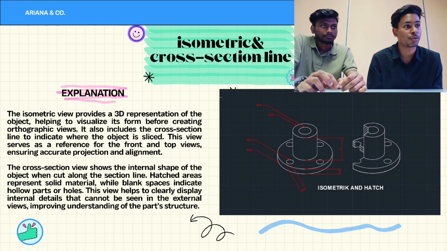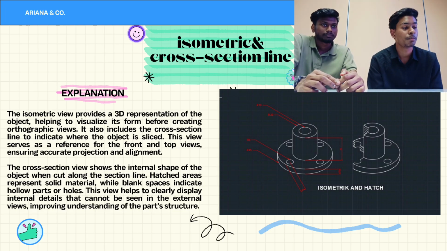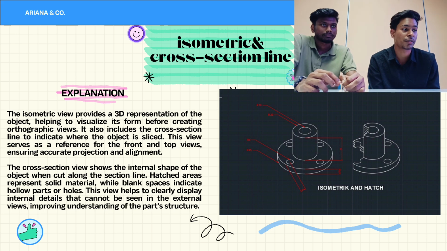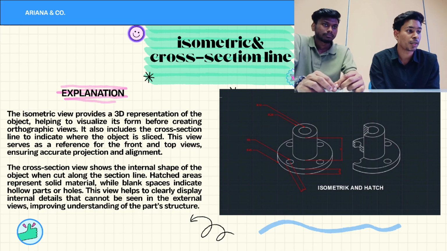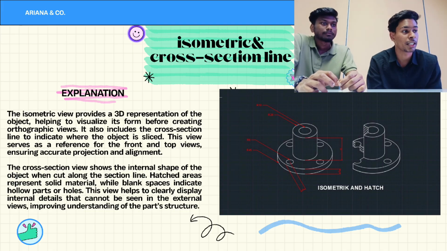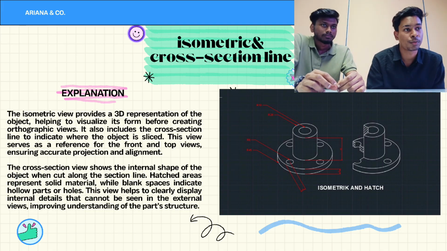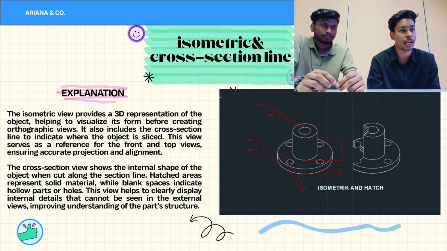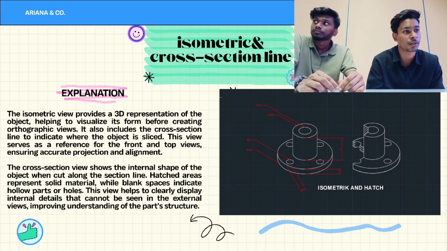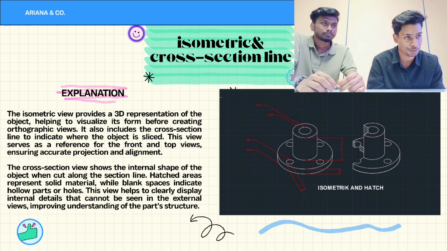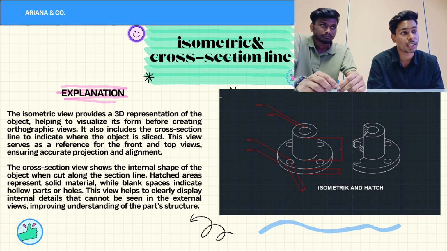So next we can see the isometric cross-section line. Basically the isometric is one of the references to make the top view and front view. After the cross-section line is cut away, you can see the hidden parts. The isometric view provides a 3D representation of the object, helping to visualize its form before creating orthographic views. It also includes the cross-section line to indicate where the object is sliced. This view serves as a reference for the front and top view, as I told before, and ensures accurate